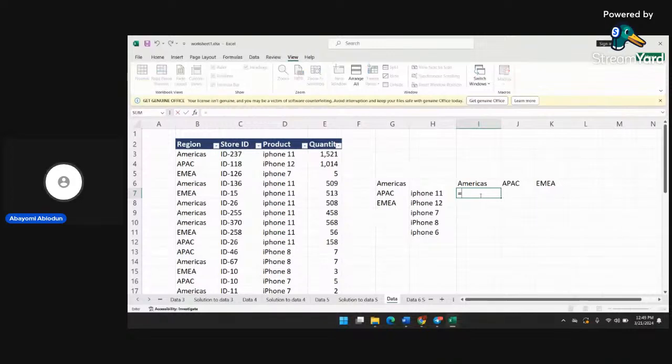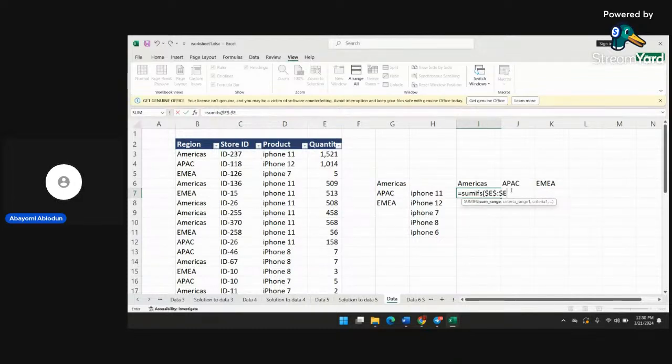So I'll just use equals to SUMIFS, then I'll start working on the columns I want to do. My first priority here is the quantity, but I need to be using dollar sign to lock my column and my rows so that when I drag it, it won't mess it up. It's still going to work perfectly fine. So I'm going to use E, then dollar sign again. That is, I'm trying to lock that cell. Another dollar sign, then E,